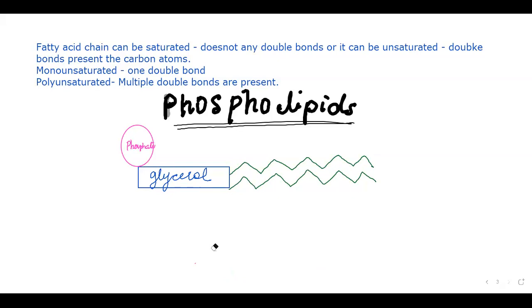Phospholipids are really, really important because they are responsible for our cell membrane. What is so special about them that allows them to function inside the cell membrane? Or what's important about them that makes them the main component of a cell membrane? The reason for that is, and over here I'm just going to give you a basic concept, we're not going to go over the detail of it because that will take too much time. The reason is this phosphate portion